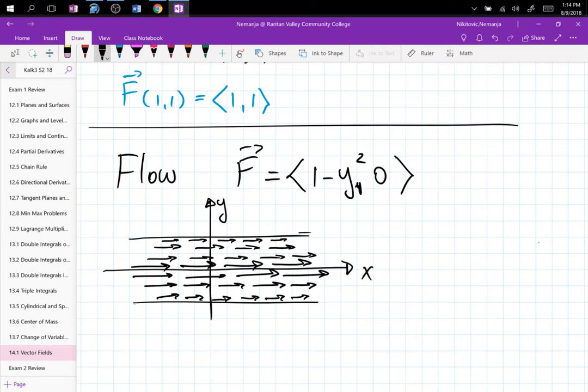The radial field, rotational field, flow, shear, there are a lot of different fields, and you can come up with pretty much whatever you want. You can just write whatever and have it. Now, the third-dimensional version of this, we're just going to add a z variable and then a third component to your